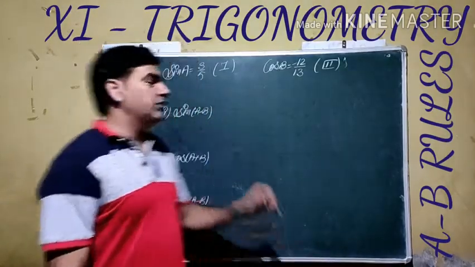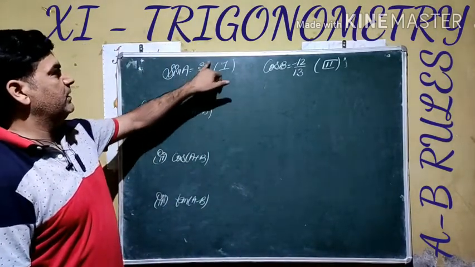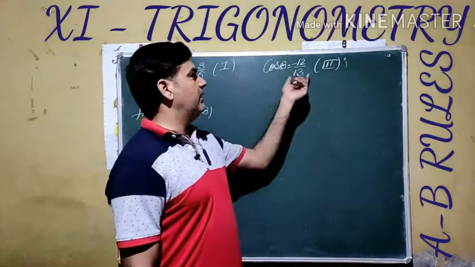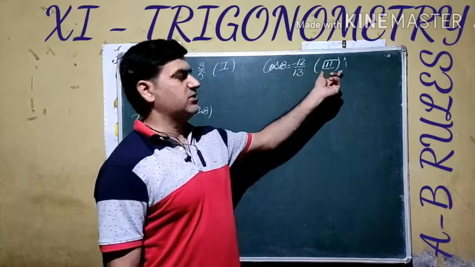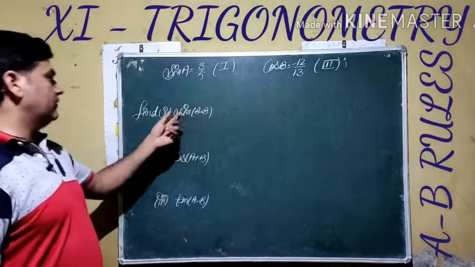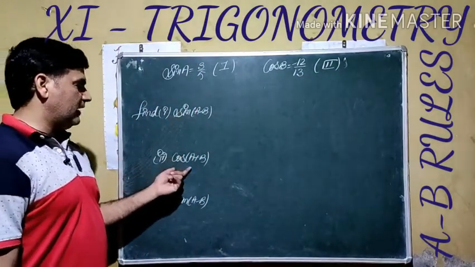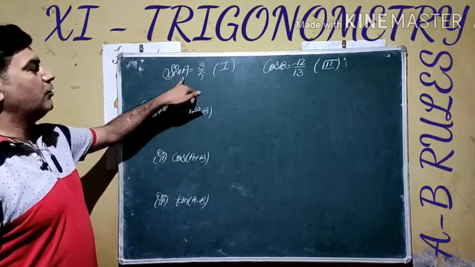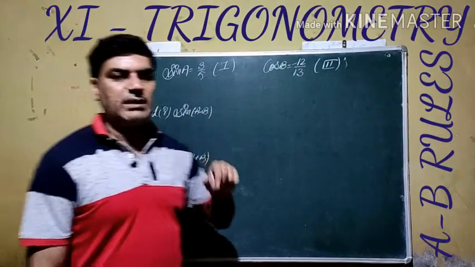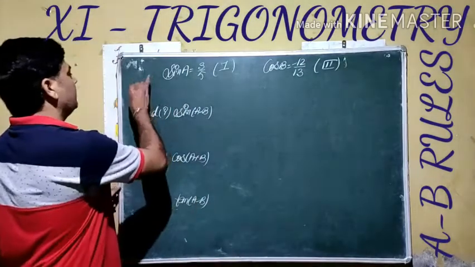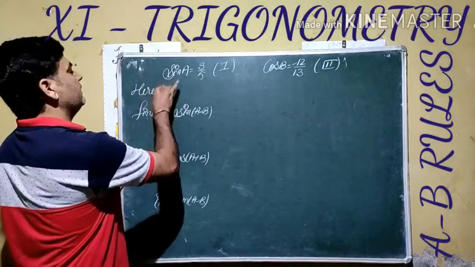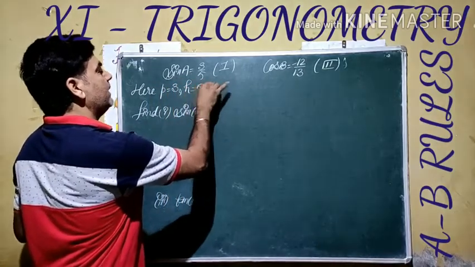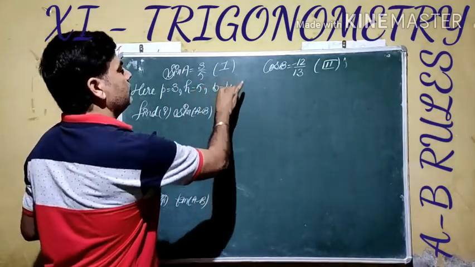Now we have a question: sine of A is given as 3/5 and the angle lies in the first quadrant. Cos of B is given as -12/13 and the quadrant mentioned here is third. We have to find the value of sine of A minus B, cos of A plus B and tangent of A minus B. As you know from 10th class, sine of theta is given by P by H. It means here the perpendicular is 3, hypotenuse is 5. If we calculate by Pythagoras, the base comes out 4.